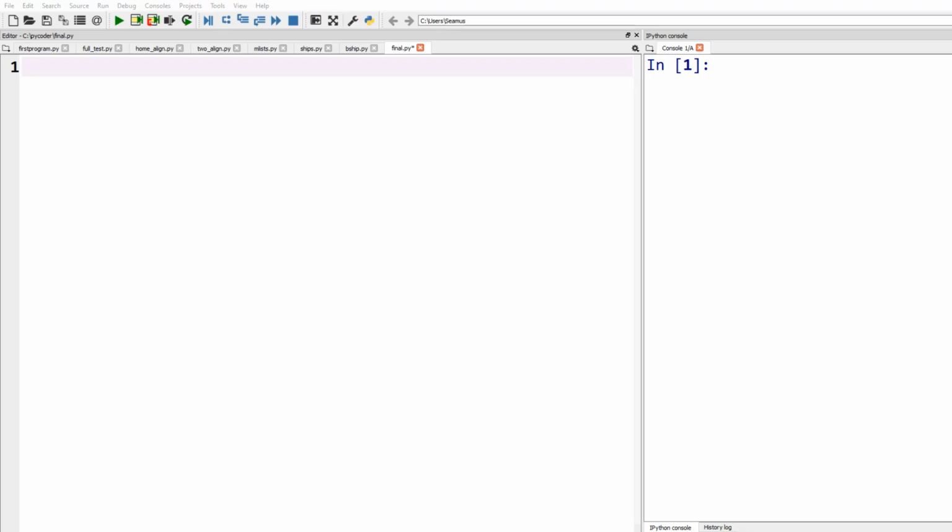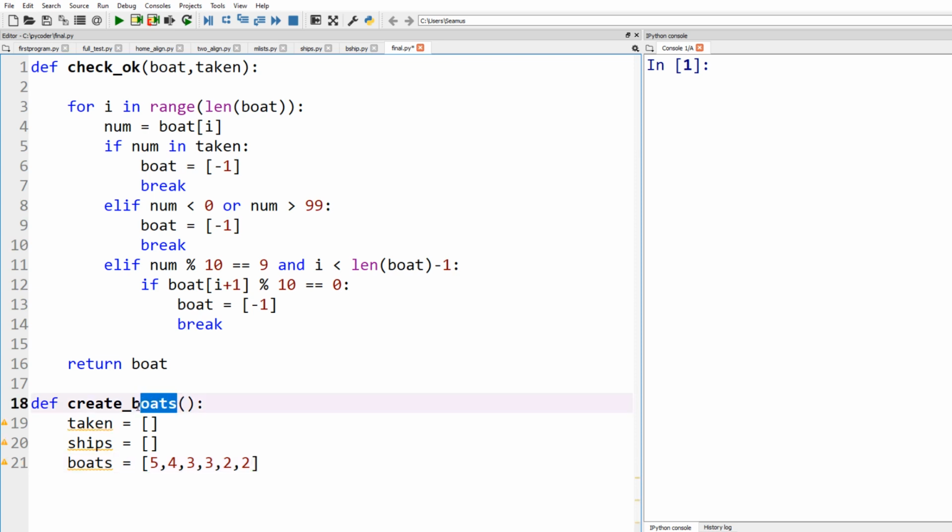The main part of the code that we haven't done already is for the user to create their own battleships that the computer will try to sink. So we've got some of the code already, so let's create the same but from the user. So let's change it to create ships, and we've got taken and ships, and we've got these boats that we used before. Now what we need is to go through this list